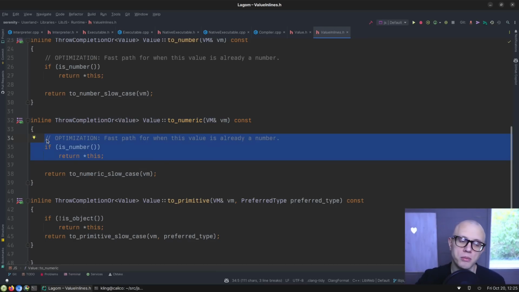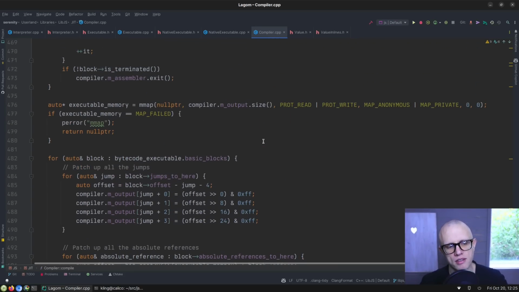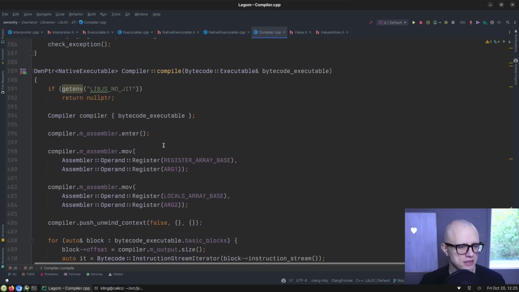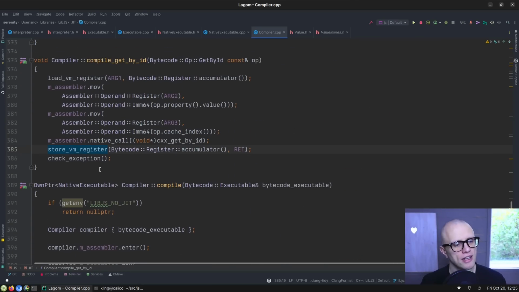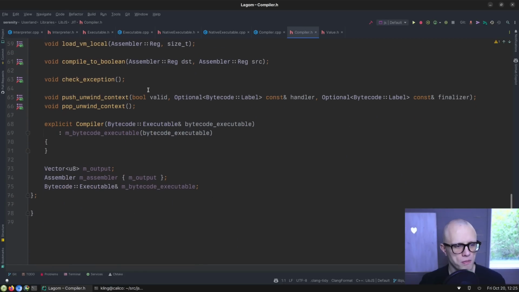If something is already a number, you don't need to do any of the conversion logic. But as we've been doing so far in this JIT compiler, let's just call out to C++, not worry too much about fast paths and optimizations at this stage. There will be ample time to do stuff like that later. So starting with ToNumeric,